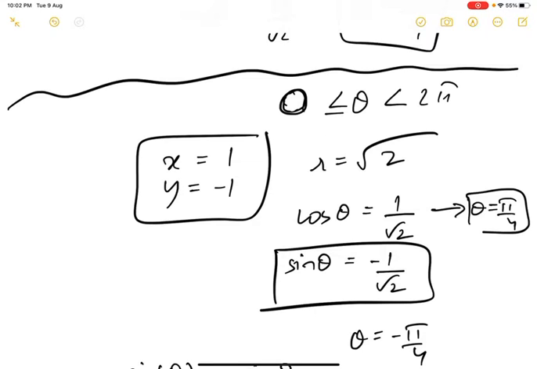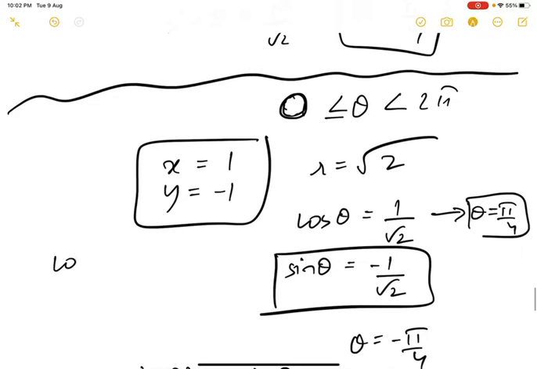I want to find r and theta. So I'm getting r is root 2, and then cos theta is 1 by root 2 and sin theta is minus 1 by root 2. How did I get that? Because I'm using this. Cos theta is